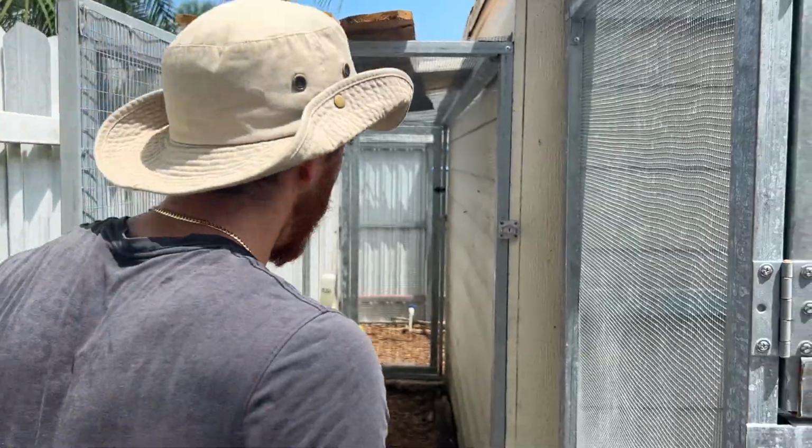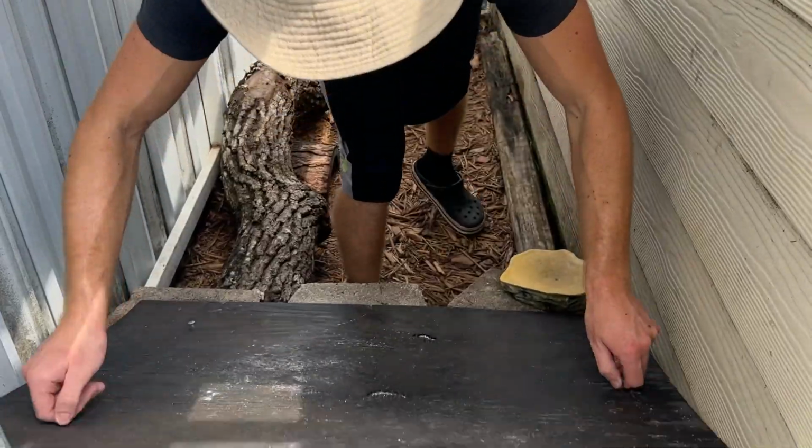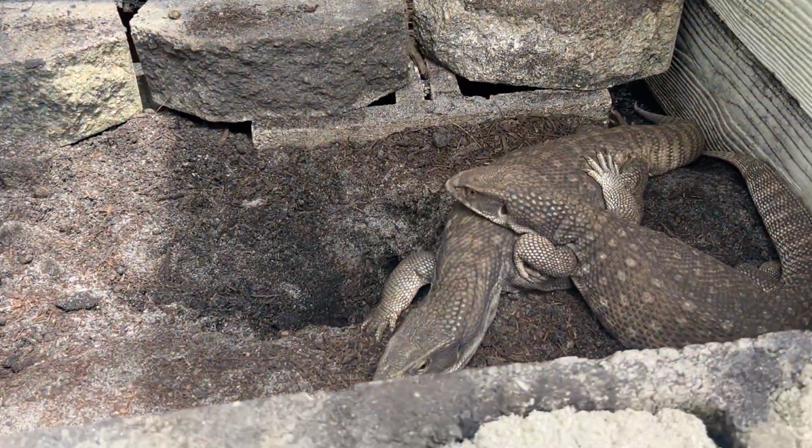A couple months ago, I took in 2 new rescues that I haven't shown you guys. Come on. In order to get to the 2 rescues, we need to come through here. Now, they're not being housed in this enclosure, but in here, we have my 2 lovely Savannah monitors, Rex and